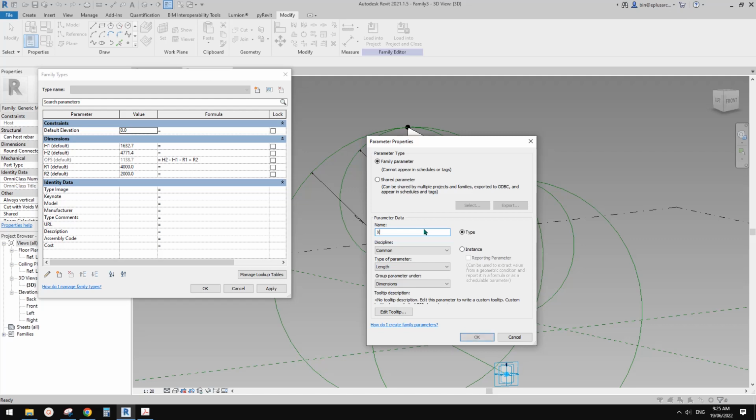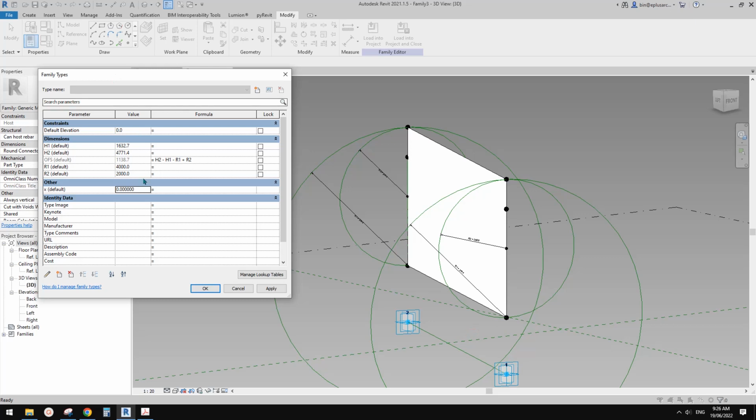Let's call it X. And we need to use number, instance, and OK. So the offset will control X. Okay, so this offset is still there, but we need to